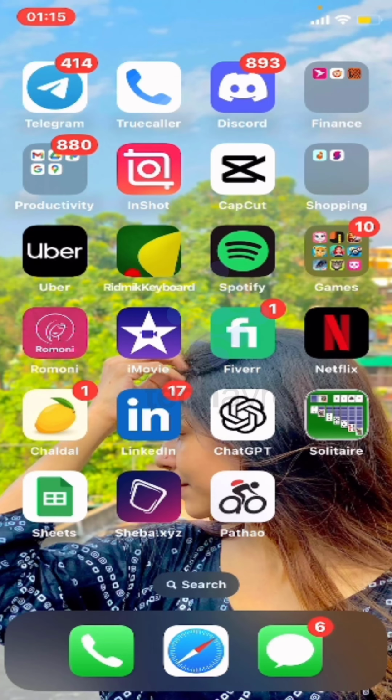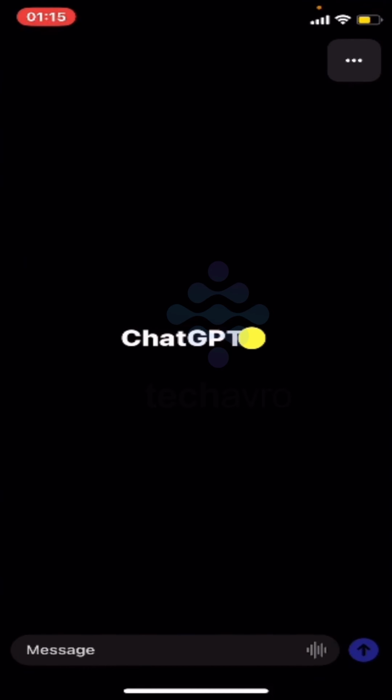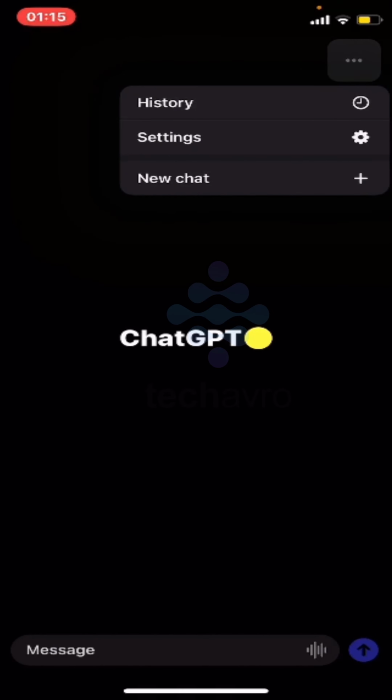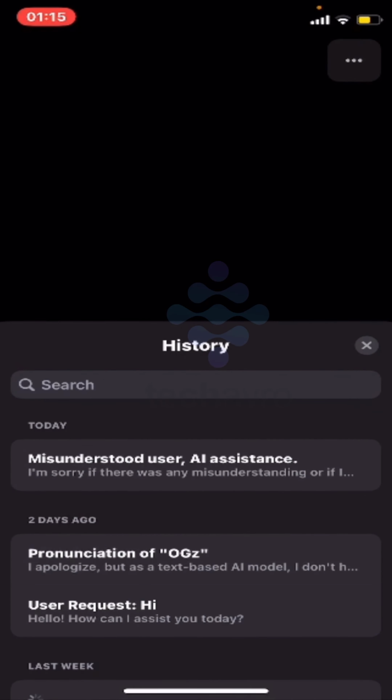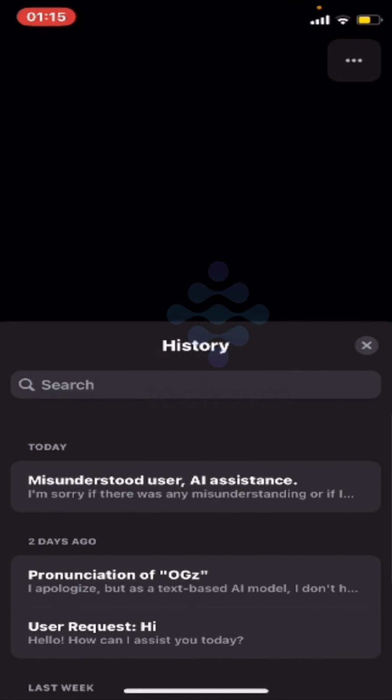So today I'm going to show you how you can delete or clear your Chat GPT history. So go to Chat GPT and then on the top right corner you can see this three dot option. Tap on that option, go to history, and then from here if you want to delete your history, then you